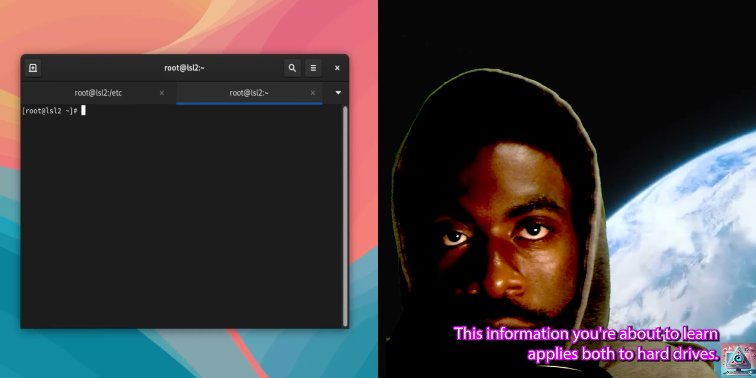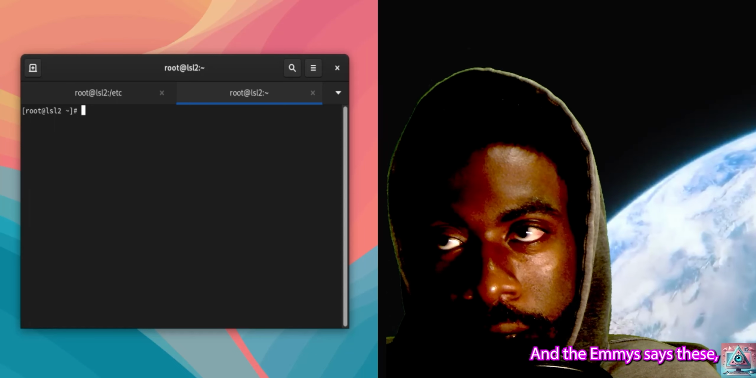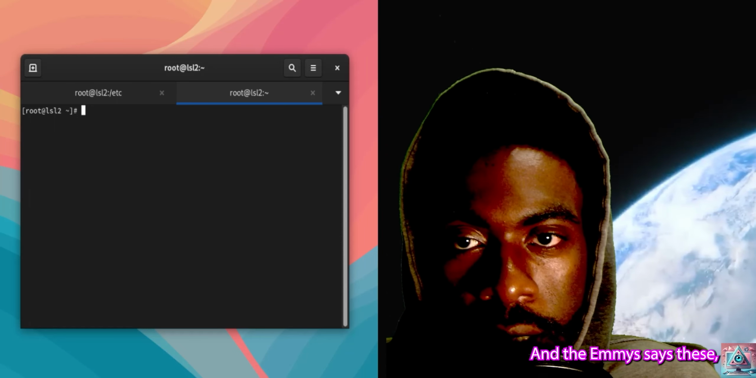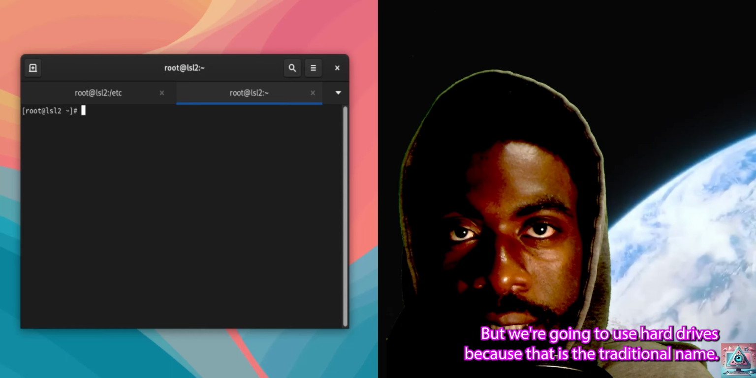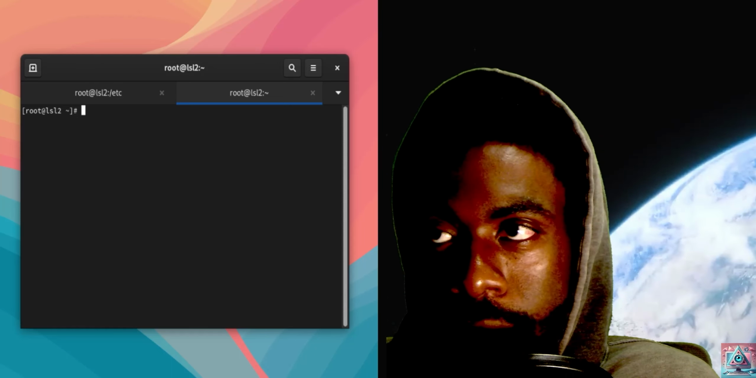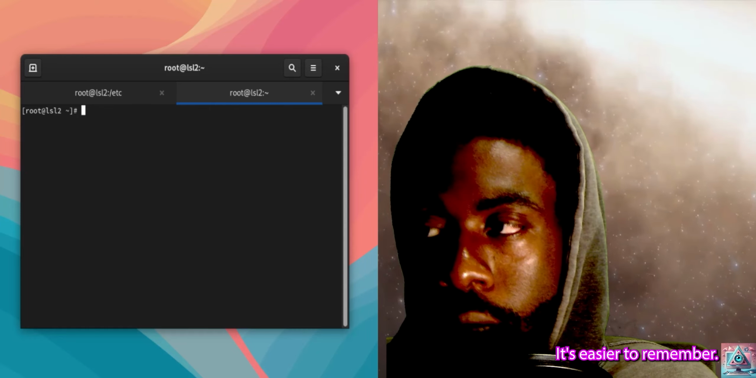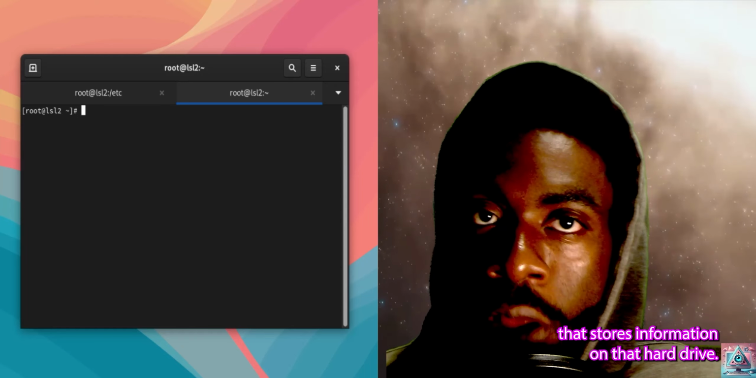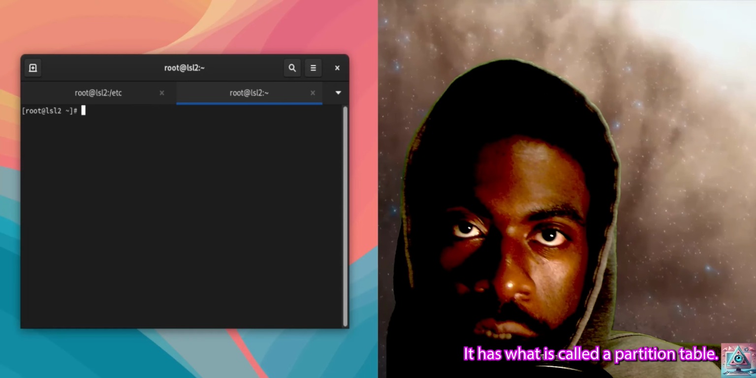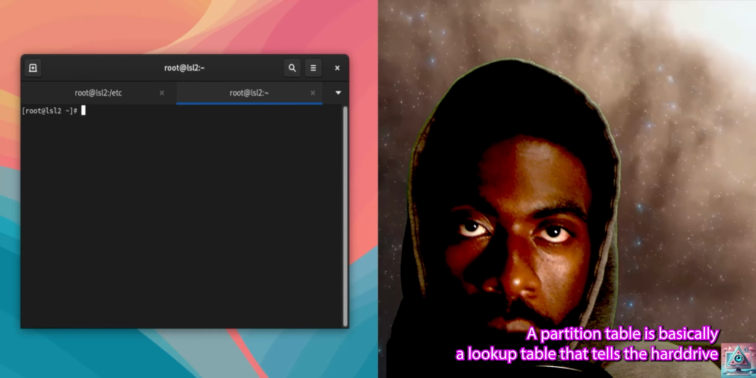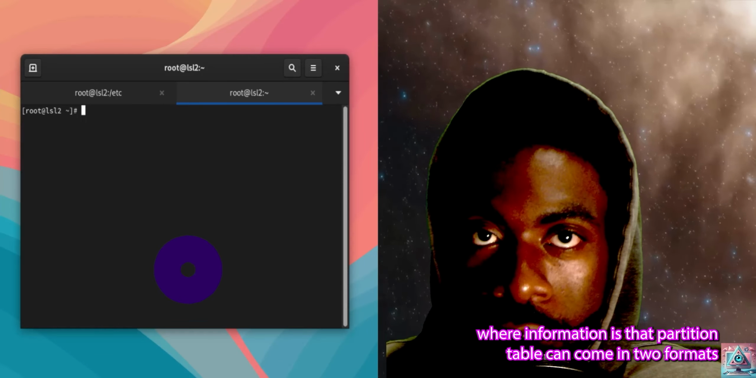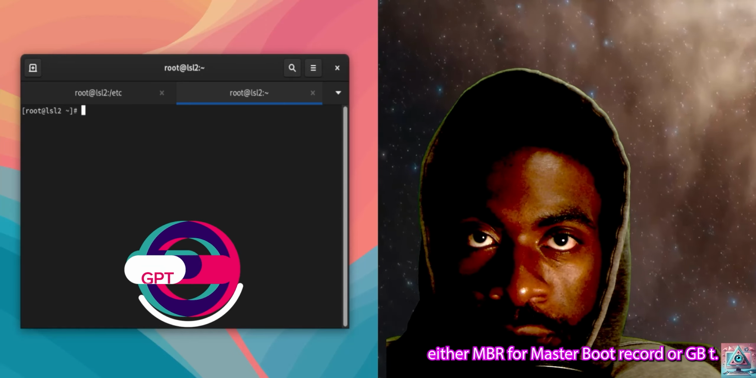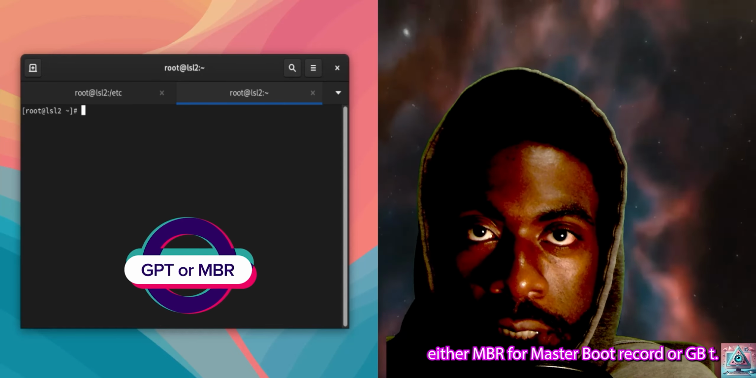This information you're about to learn applies to hard drives, NVMEs, and SSDs, but we're going to use hard drives because that is the traditional name. It's easier to remember. A hard drive is a computer component that stores information. On that hard drive, it has what is called a partition table. A partition table is basically a lookup table that tells the hard drive where information is. That partition table can come in two formats, either MBR for master boot record or